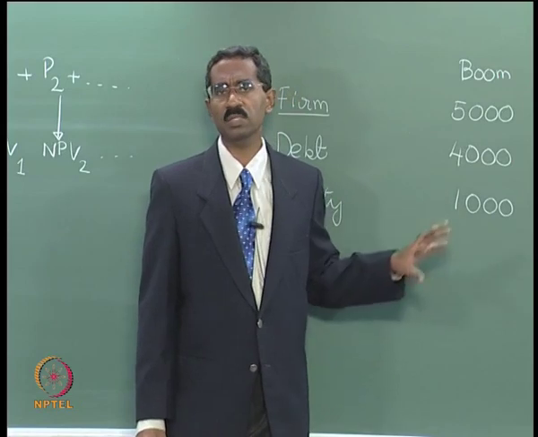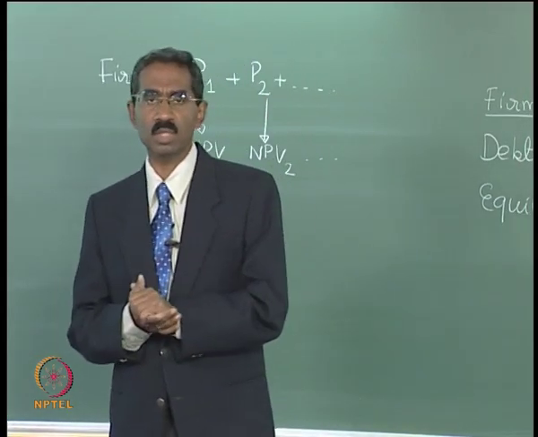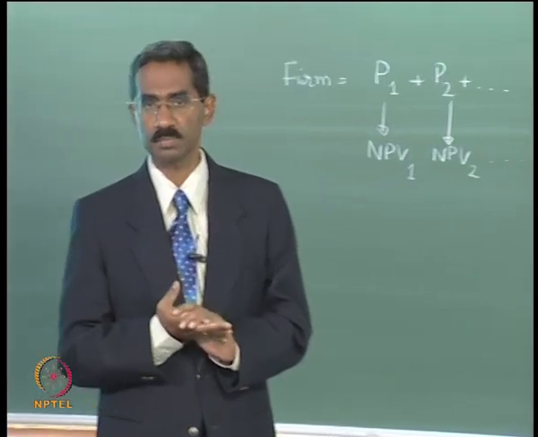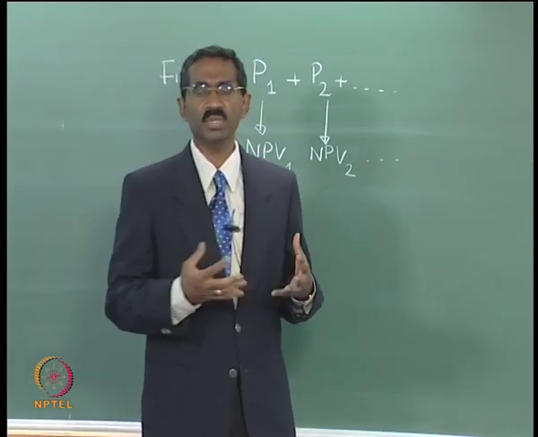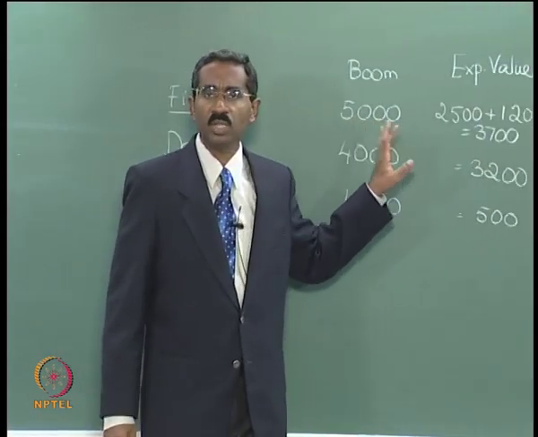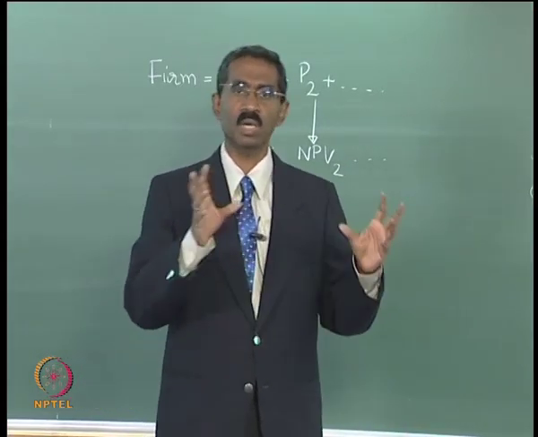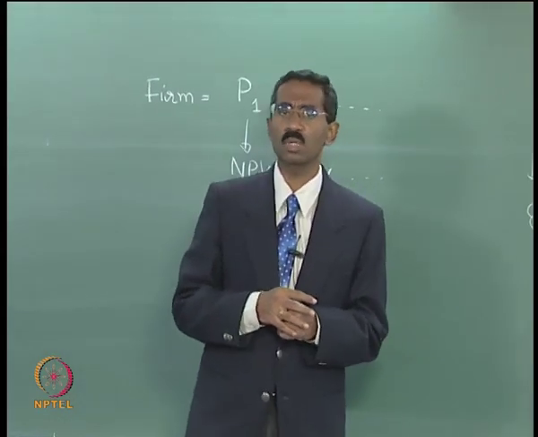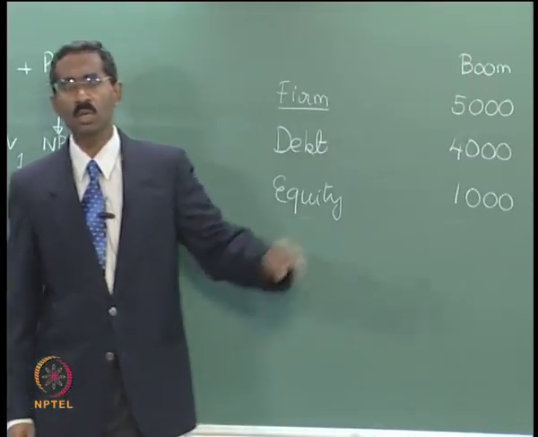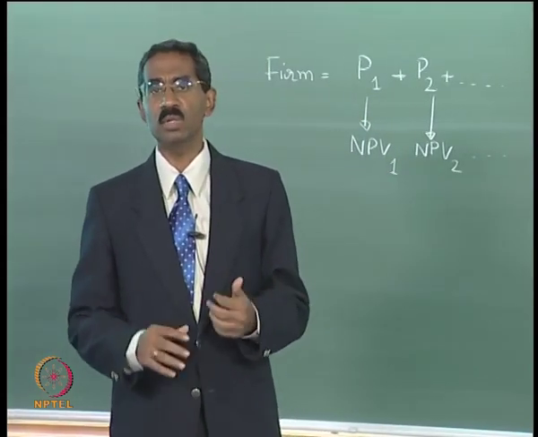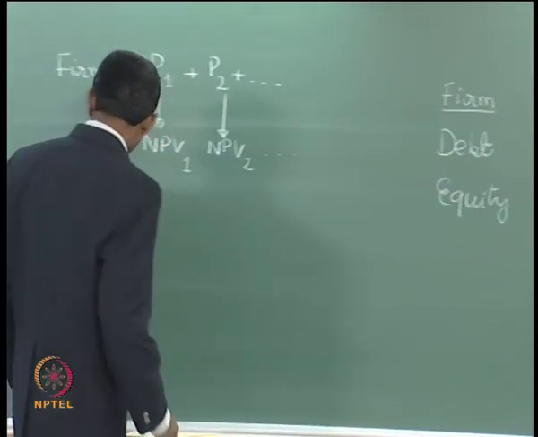Now let us assume that the firm has an opportunity to undertake an investment project, and for undertaking the investment project the firm would need to make an investment of 1,000. If the firm makes an investment of 1,000, then it results in a benefit of 1,700 irrespective of the economic conditions. So this is a very simple example, but let us assume that it is a very good investment opportunity. The economic conditions do not affect the outcome, so the outcome of the investment does not vary despite the change in the economic conditions. So you make an investment of 1,000 and the firm value increases by 1,700 in either the boom or the recession conditions. Okay. So now let us look at